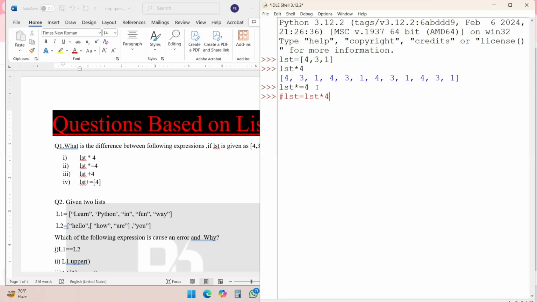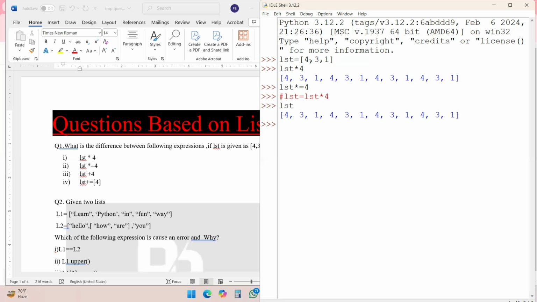That is the reason it does not print the output directly, because it is stored in the variable list. Now I just check. See, now my original list is this, but once I print my list, it is that. So what is the difference, student?